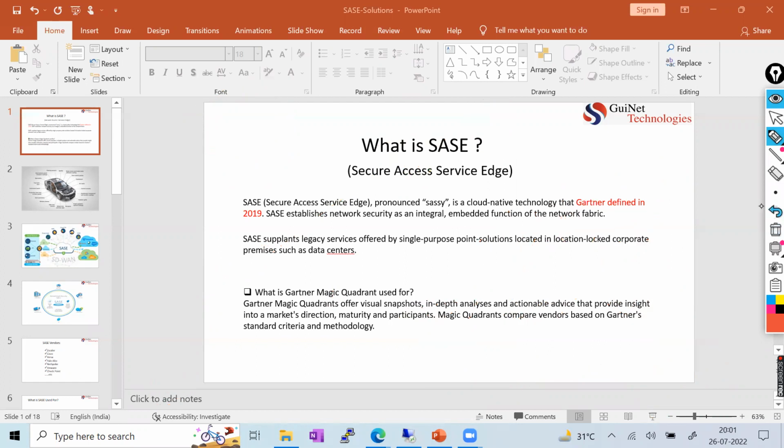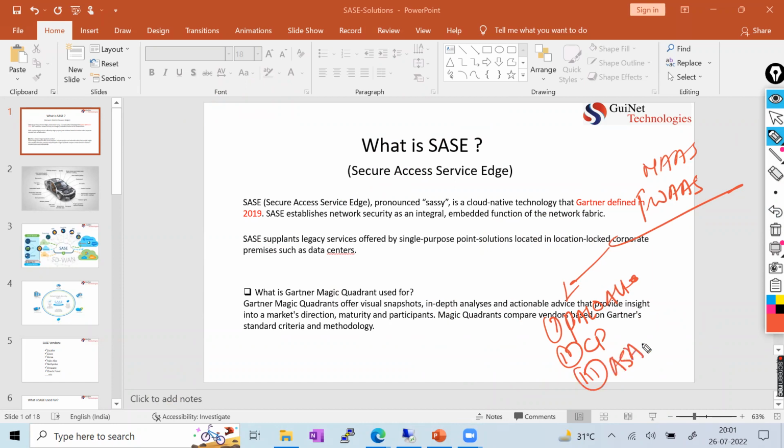So in the market, we have different firewalls. We are talking about network as a service, and we are talking about firewall as a service. Now, if I am talking about firewall as a service in the market, we have different firewalls. That is the Palo Alto firewall, the Check Point firewall, the Cisco ASA firewall, which is a next generation firewall, the Sophos firewall, the FortiGate firewall. So a lot of vendors are available in the market providing firewall solutions.